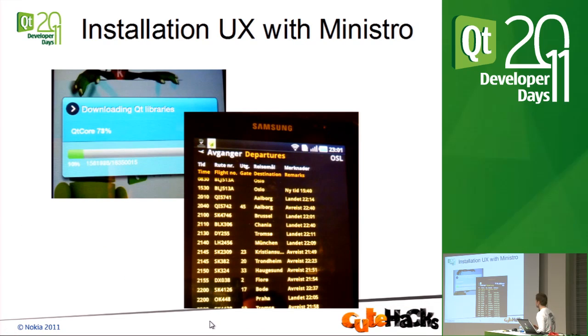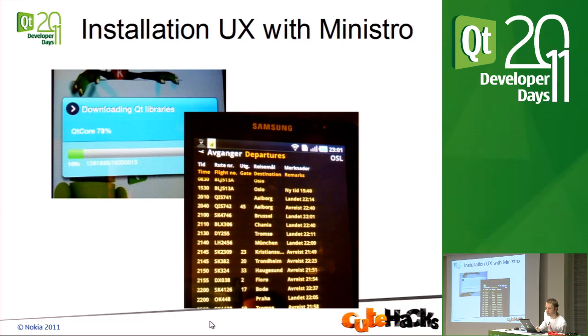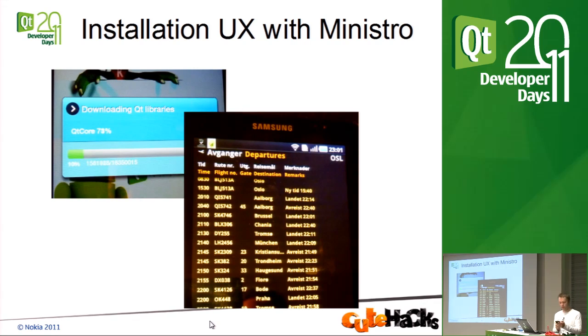And it downloads them. And here you can see it's downloading Qt Core. And if you have really good eyes, the number says 16 million something. So the complete download size for the whole thing is 16 megs for that application. Let's see now if the